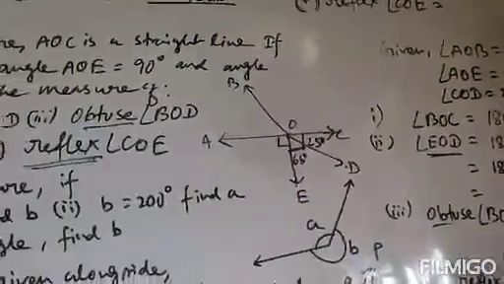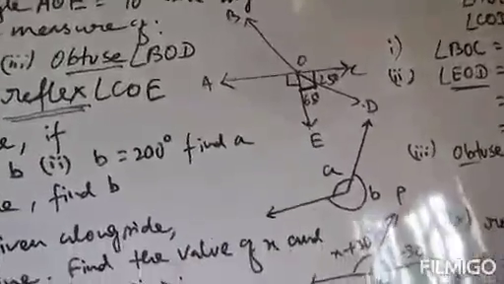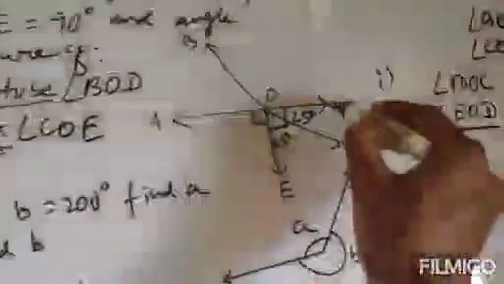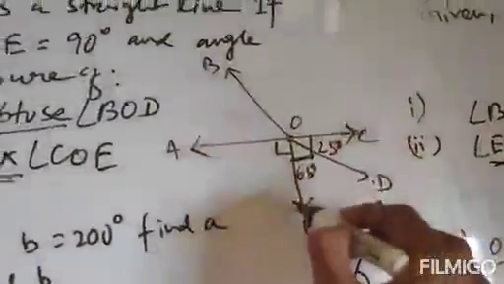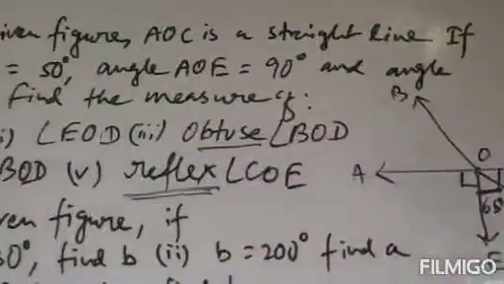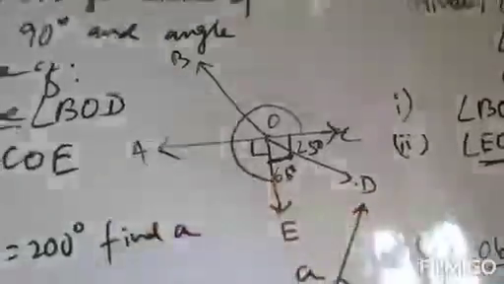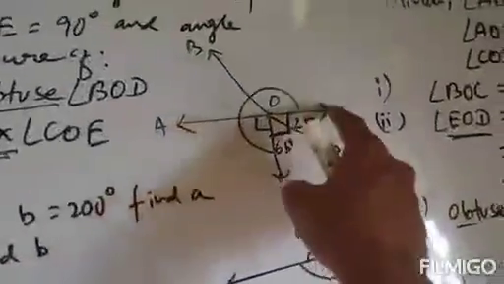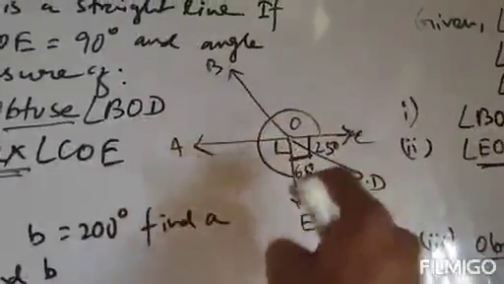So the angle is a right angle, because 90 degrees means a right angle. That means it is not reflex, so we will not find this portion. Here, reflex means the angle will be greater than 180 but less than 360. So COE will be this portion. This portion is your COE. Clear? COE means this total portion.